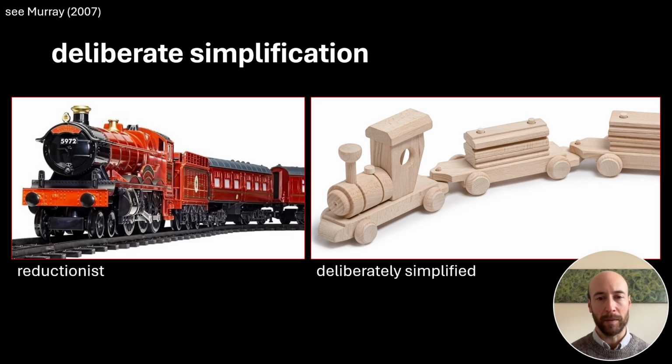And so the deliberate simplification abstracts a whole lot of details that, depending on what you need this train to do, you don't need. So if you just need a model for a really little kid to play with, you probably don't need or necessarily want the super detailed one, right? You want the one that has the maximum effect and allows them to interact with it in a way that is not too fussy and complicated and finicky to hook the cars together and things like that.